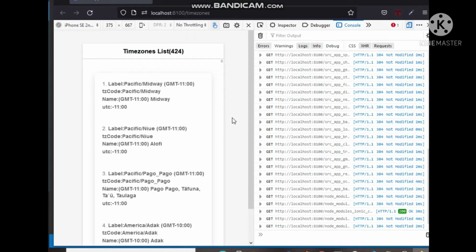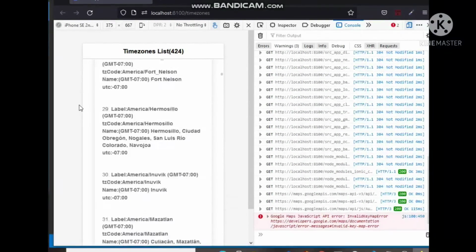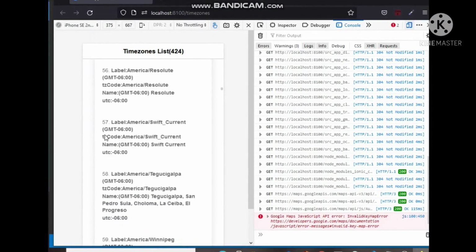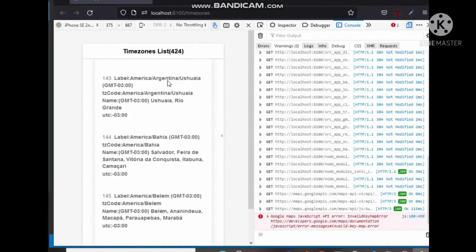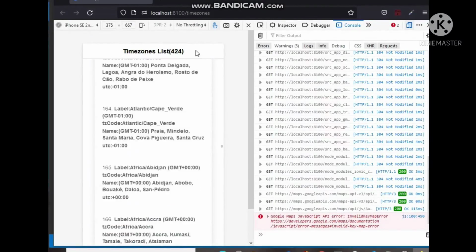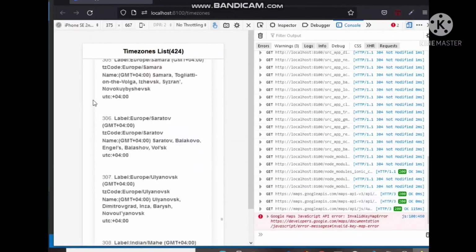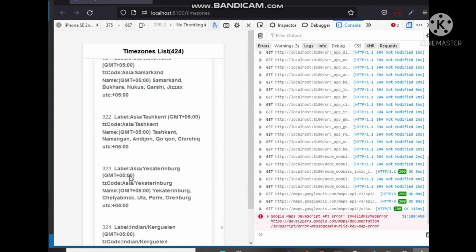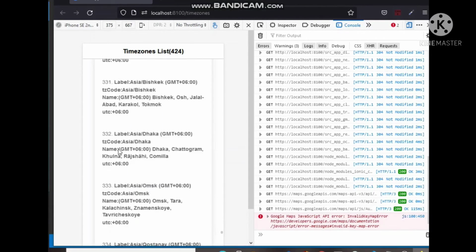As you can see, total 424 time zones, and you can see there are a lot of objects, it's not ending. You have label, you have tz code, you have name, and you have utc in every object.